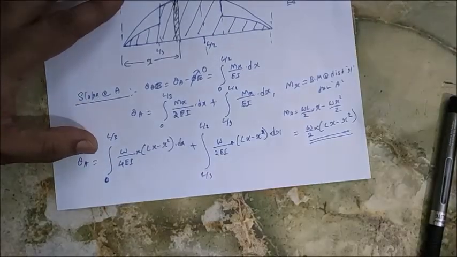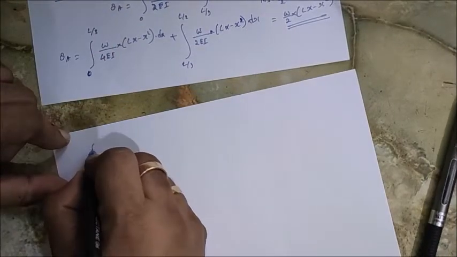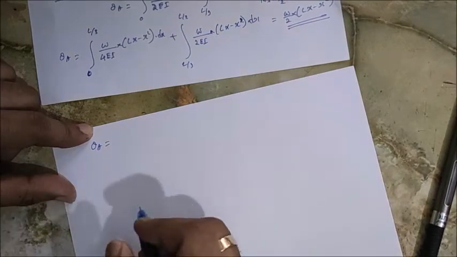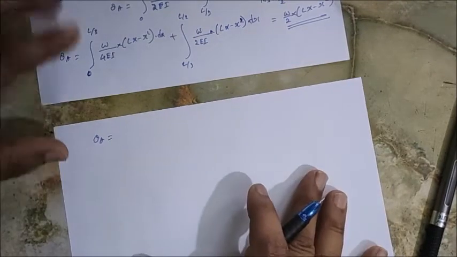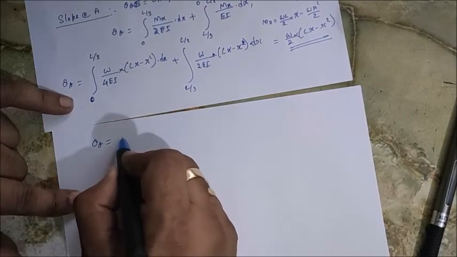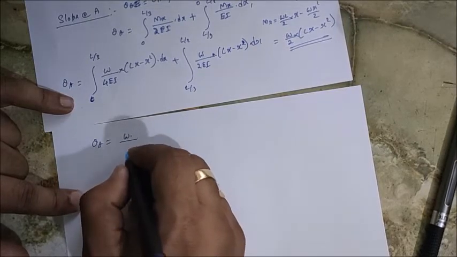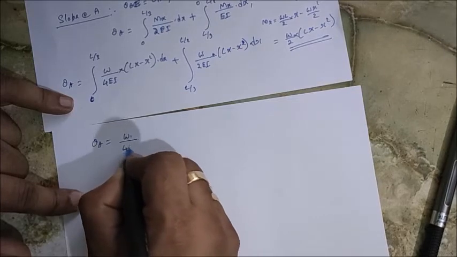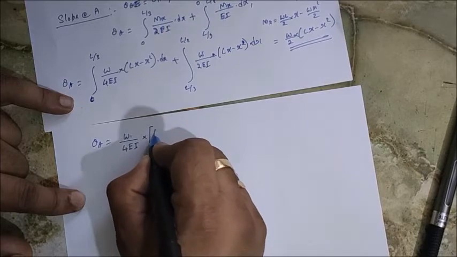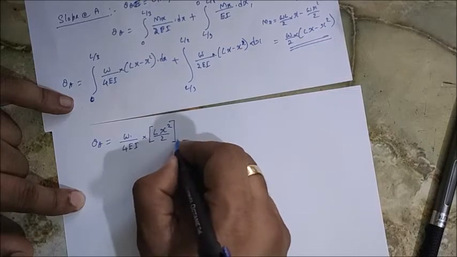So let's do the integration part. E is common, so you take it outside, w by 4E is common. So let's do the integration. L x square by 2,